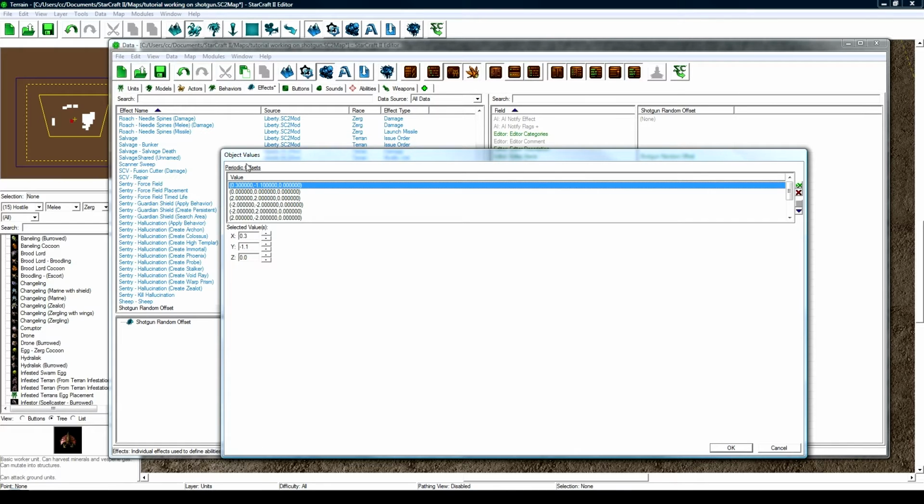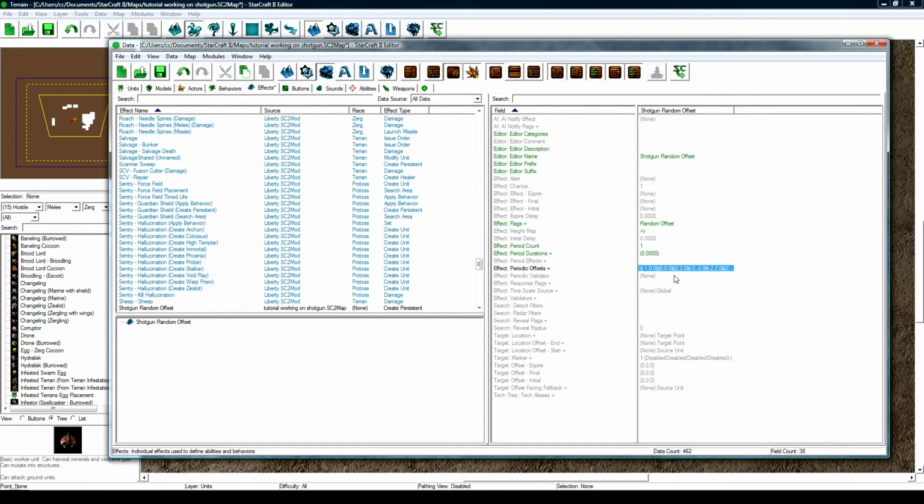This is basically what is meant by an offset. So it's going to pick one of these random offsets to where the bullet's going to go around the target. So the bullet could be off in the x by 0.3 and off in the y by negative 1.1. And let's do negative 1 and 0. So I'm going to keep it as this. You should probably do a bit more, make sure it's more varied and balanced. This might not be enough to make it look perfect, but that's all I'm going to do here